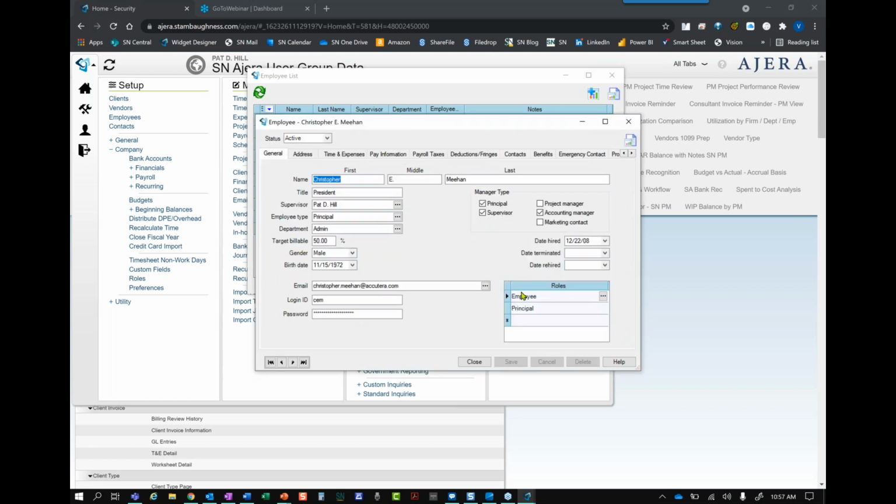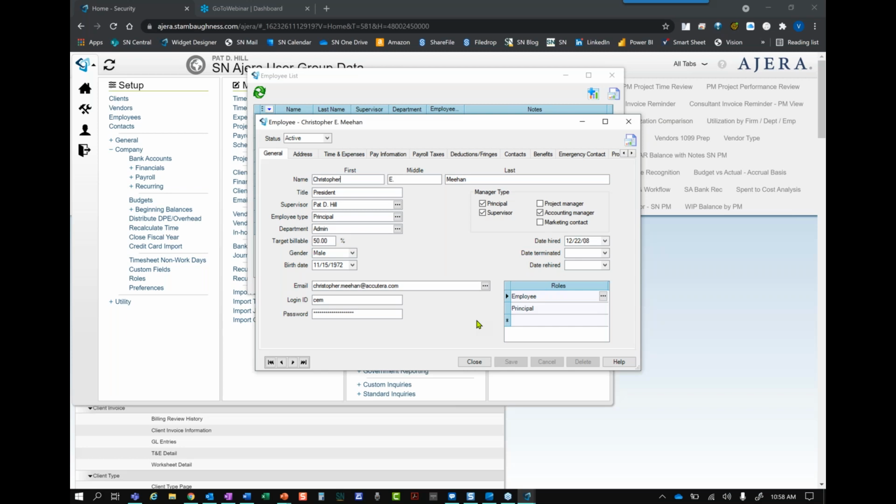So this is something that people do just, I think, because they think it's necessary, right? Chris, even though he's a principal, is also an employee, so I'm going to give him the employee role and the principal role. This used to cause access issues. The Learning Center would tell us it still could. More than anything, I think it creates confusion, right? And the thing is, if your roles are set up appropriately, you should never need to assign multiple roles.